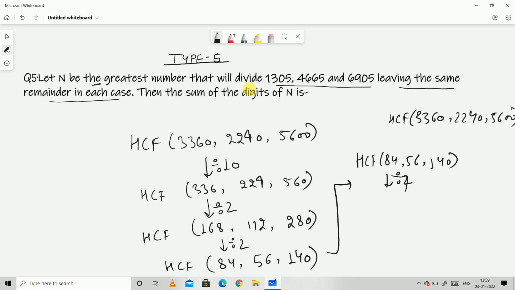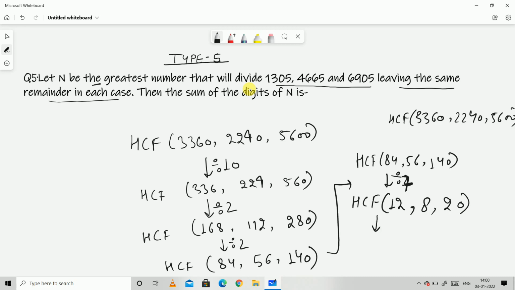Let's divide with a bigger number that can reduce our steps. So I am dividing by 7. I can see clearly these all three will be divisible by 7. So 84, it will be 7 ones are 7 and 7 twos are 14. And 7 eights are 56, 7 twos are 14 and 0.